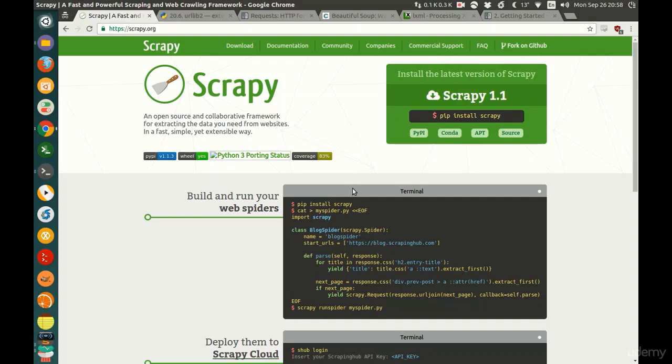Some of the drawbacks of Scrapy are that since it's a full-fledged framework, it's not that beginner friendly, and the learning curve is a little steeper than some other tools. Also, installing Scrapy is a